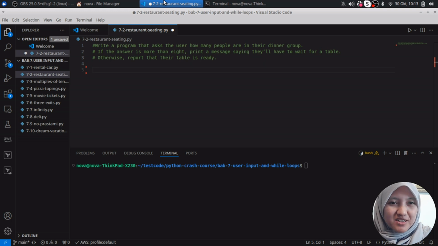So today we will solve one question. We want to solve one question about restaurant seating. Write a program that asks the user how many people are in their dinner group. If the answer is more than 8, print a message saying they will have to wait for a table, otherwise report that their table is ready. So this is adding input and then using if and else. I think you should make it easy: just add a number and then input,